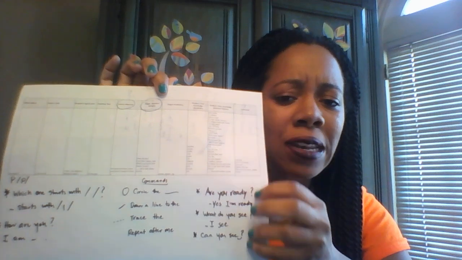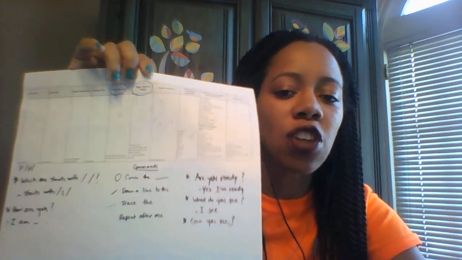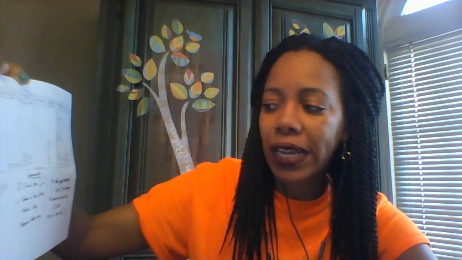Mine is written all over because I've written all on it. I posted this someplace where I could see it, just to remind myself of some of the target sentences that I wanted to make sure